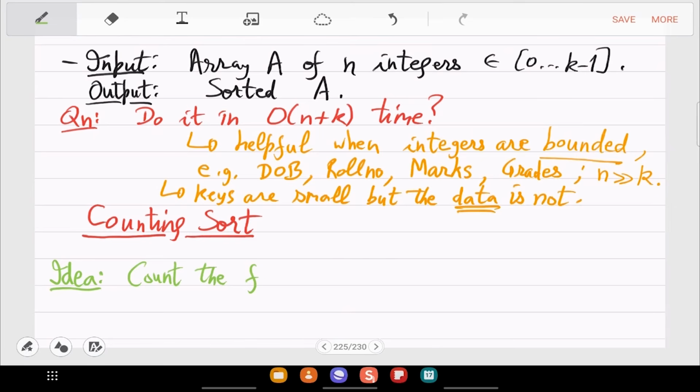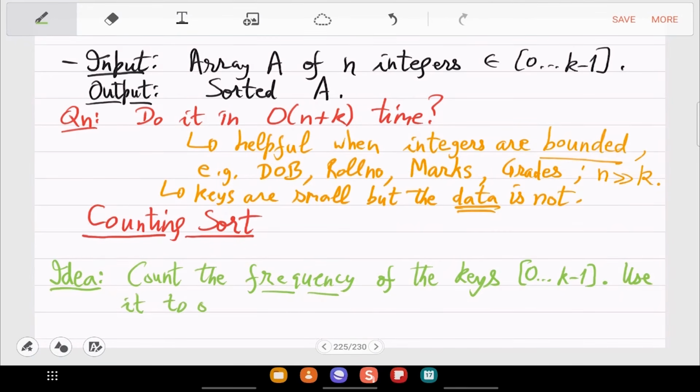So count the frequency of the keys, and use it to output the sorted array. The extra point is that we do this without swapping equal keys.